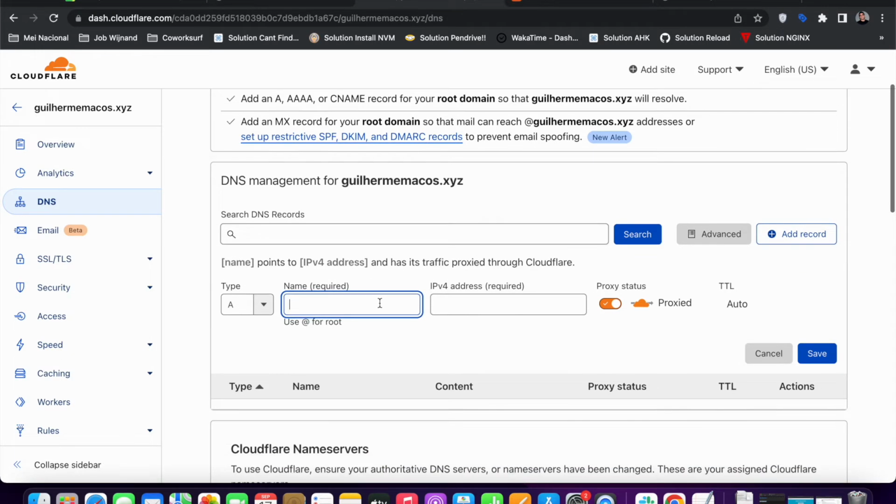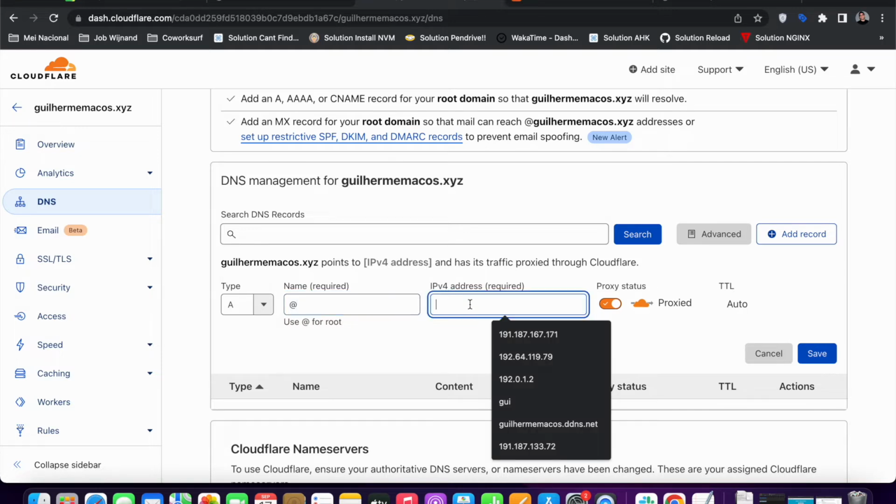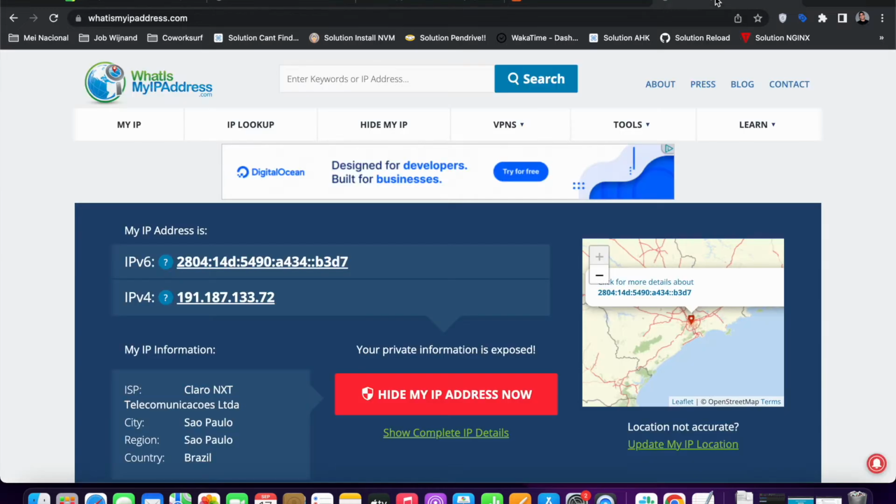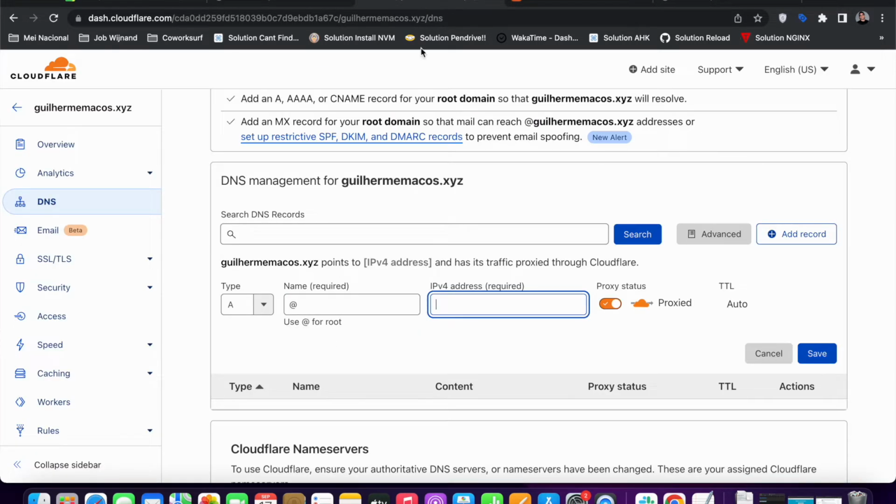The first record is always the @ sign. That's the root domain, right? And then I just input my IPv4 address. So I can go to whatsmyipaddress.com to find my external IP address, right? I just copy it and set it up here, and I save,